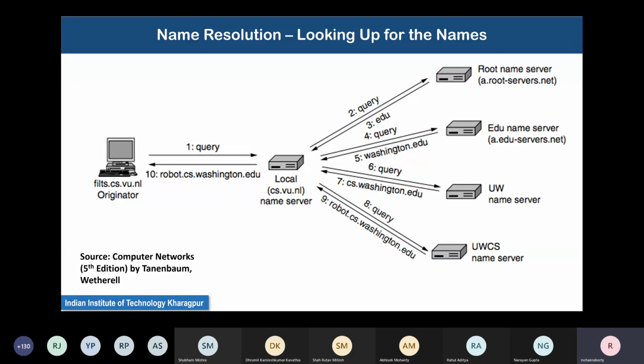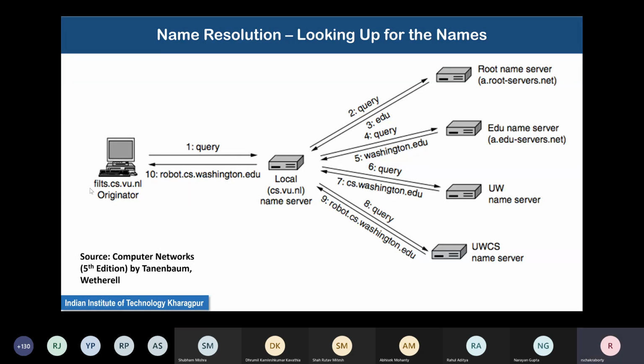It is something like this: I am requesting a connection. Fields is asking start.cs.vu.nl. Start.cs.vu.nl replies back saying, yes, I have received your connection request.